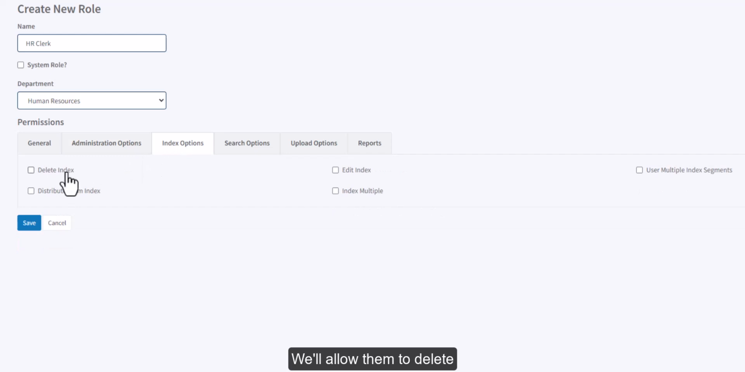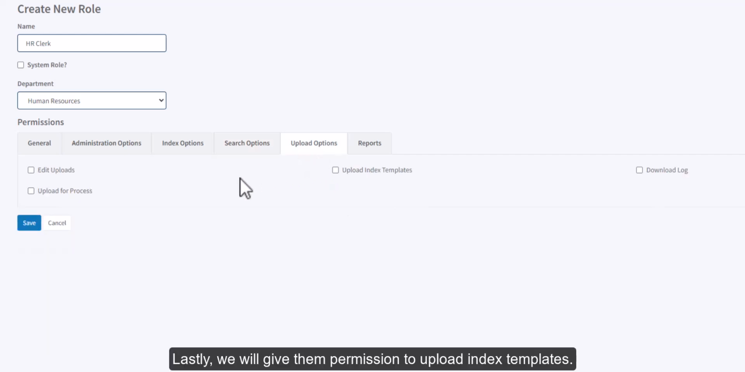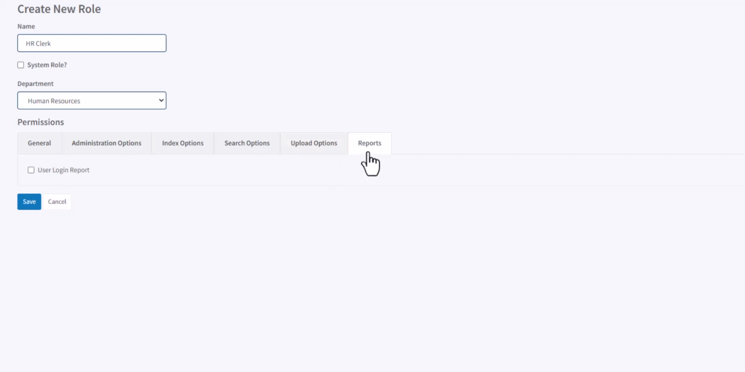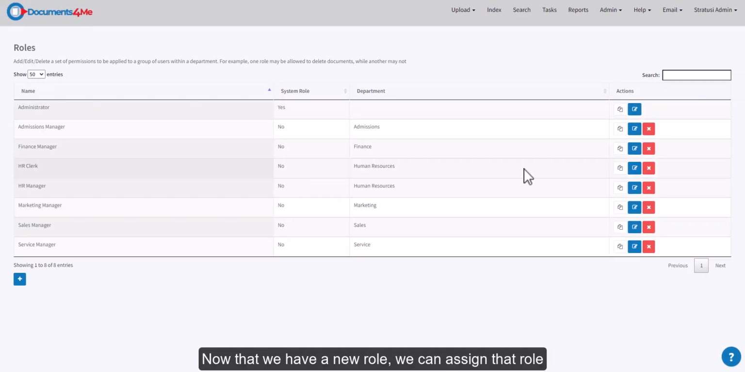We'll allow them to delete and edit index, add notes, view notes, and search archives. Lastly, we will give them permission to upload index templates. Click Save. Now that we have a new role, we can assign that role to one of the user groups